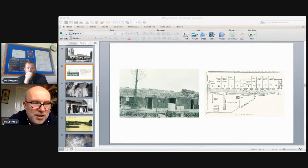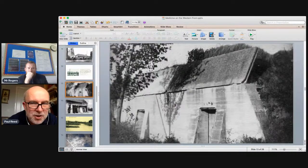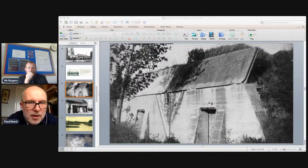And each of those rooms had a different purpose, a different place where you treat different types of wounds, and then stores for medical equipment and so on. And this one is near to this one, which many school battlefield tours go to. This is Essex Farm near Ypres, where John McCrae, who was then a captain in 1915, wrote the famous In